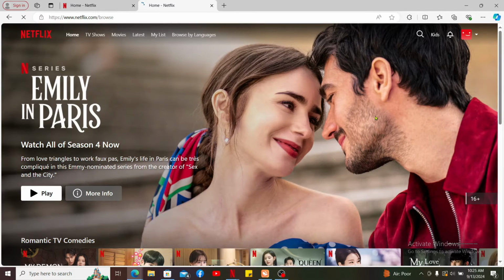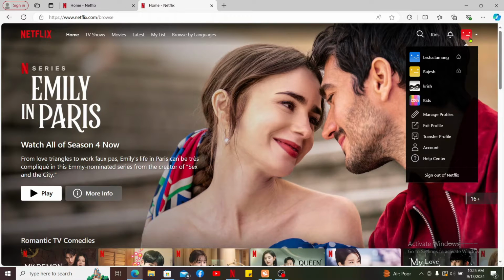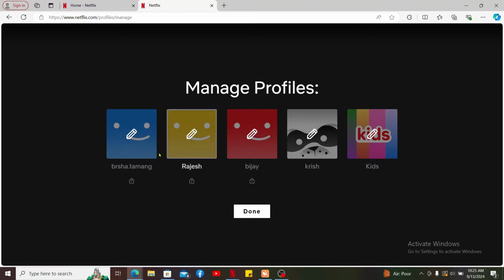After you sign into your Netflix account, go ahead and mouse over to your profile avatar at the top right corner and then click on Manage Profiles. Inside Manage Profiles, select your profile that you want to change the language on and click on the little pencil